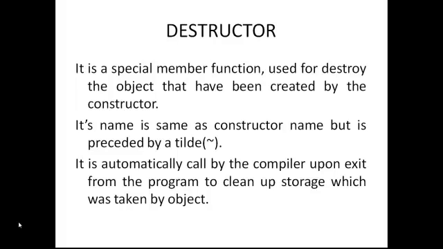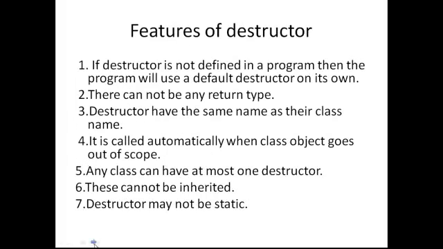So how can we recognize which special member function is the constructor and which one is the destructor? In the definition or in the declaration of the destructor, we use a symbol that is known as the tilde sign. The tilde sign identifies that this is the destructor, and this destructor is automatically called by the compiler when the program ends. So let's see the example and general syntax of the destructor.